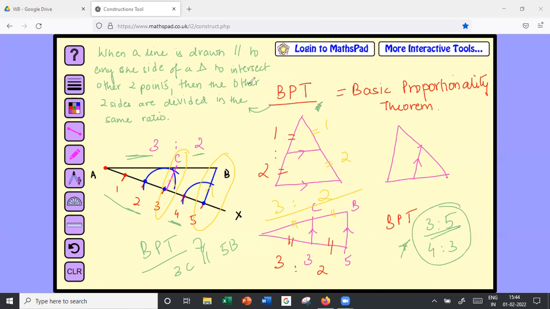Okay. Have you taken all this down? Should I erase it? Ma'am, we had to write that. Yeah, you need to write basic proportionality theorem. Statement is up to you. If you need it to remember, you can, or if you're just drawing this and writing the explanation in simple words, that also works. Because whatever I've written here is the justification. Okay, let me write it. Justification of the construction.